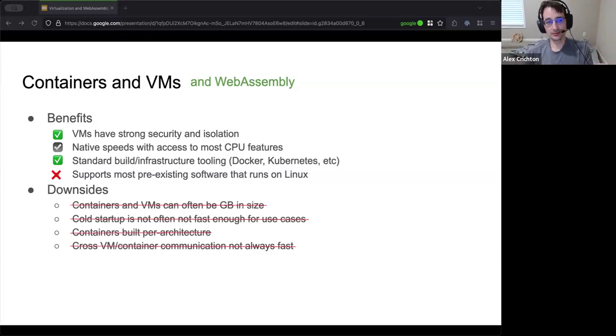However, the nice part of WebAssembly is that it doesn't have any of these downsides. WebAssembly can be a very, very small module. You can run it very, very quickly, from it doesn't exist to now you're up and running very, very fast, much faster than a virtual machine, for example. It is portable, so it's no longer specific to an architecture. And I'll talk more about the communication aspect as well. That's a taste of what's going to happen here.